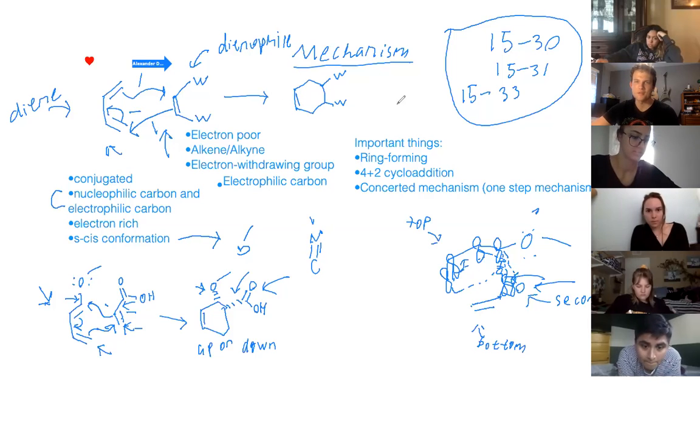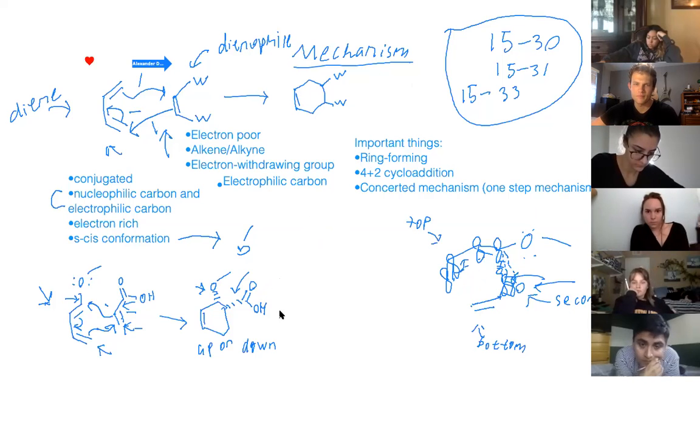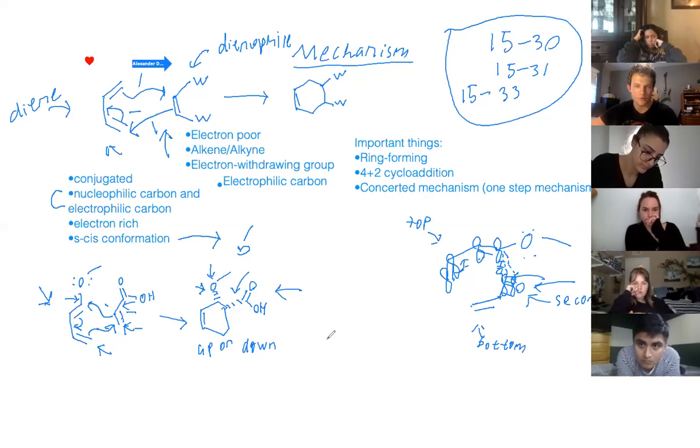So yeah, that's the best explanation I could really do. I'm not going to spend too much more time on it. But was that kind of helpful? Yeah. So that kind of explains why the withdrawing group itself goes down. But then the hard part is just knowing that this guy goes down, and that's a little hard to explain without being in person. So I'm just going to say that generally speaking,